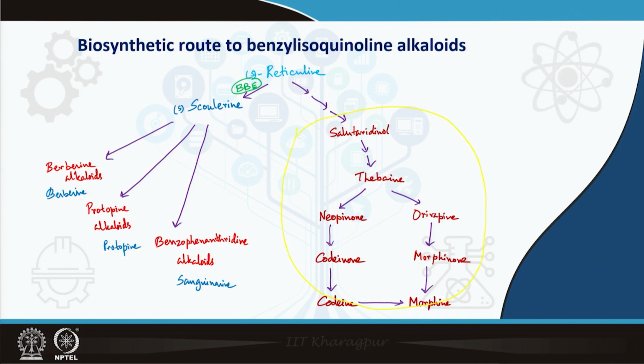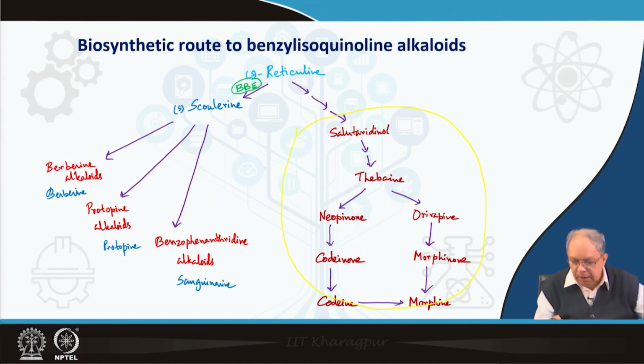We will talk about that. And so, this is basically in brief that from reticulin there are two major pathways originate, and not only that, there are other multiple pathways also originate which we will show, and this leads to the formation of the morphine